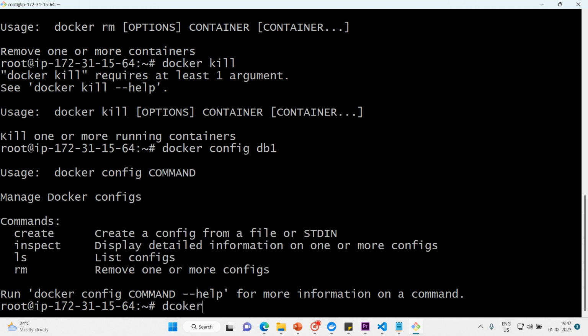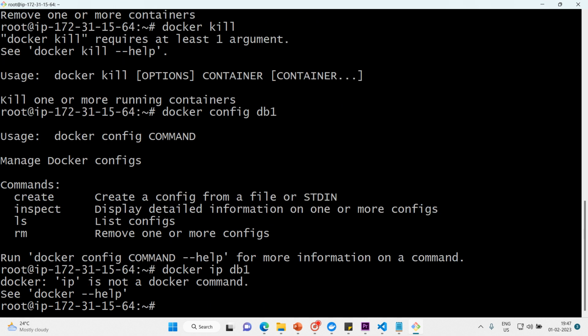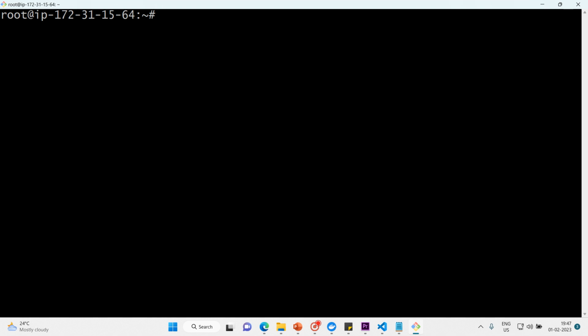And or else you can use docker ip. So docker ip returns the ip address of the machine. So docker ip, and it's db. And similarly you can have docker url and docker upgrade. But now here we are going to see docker